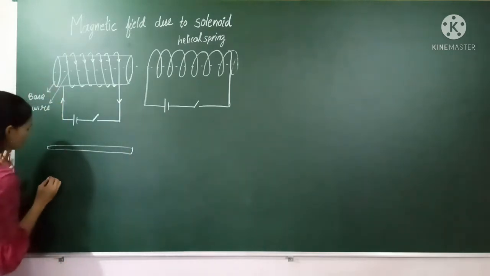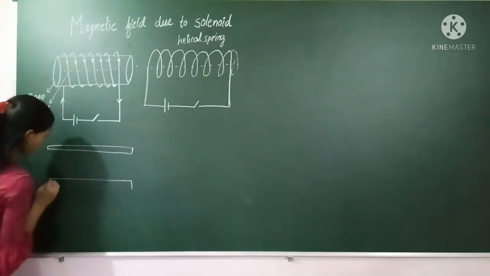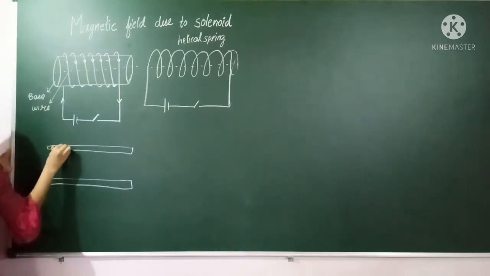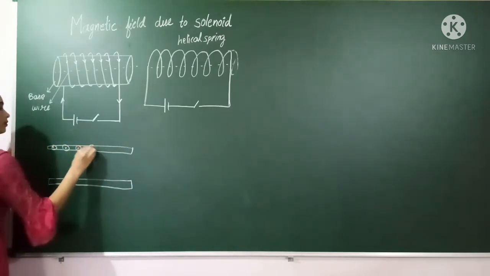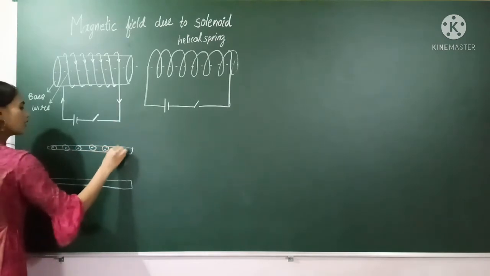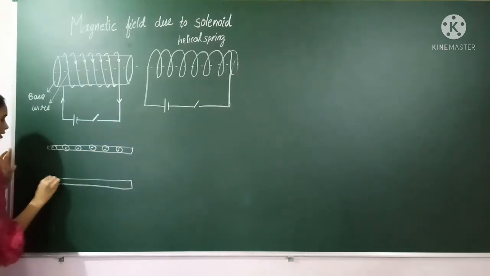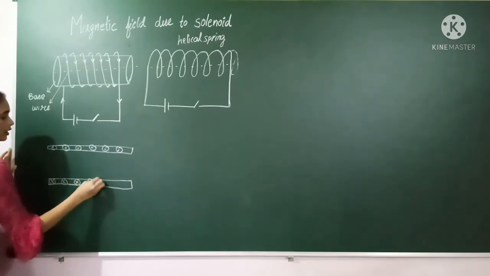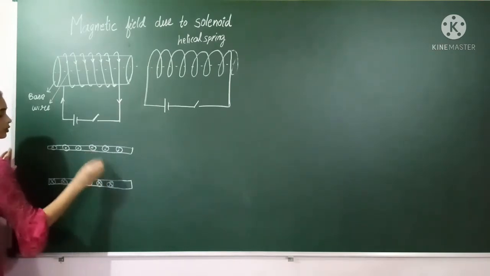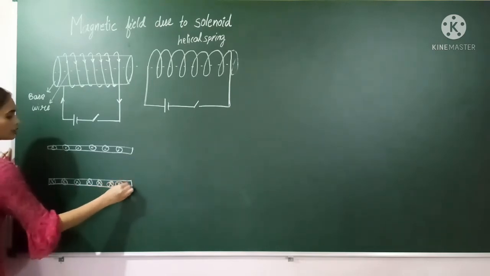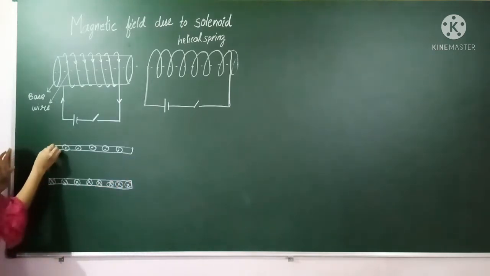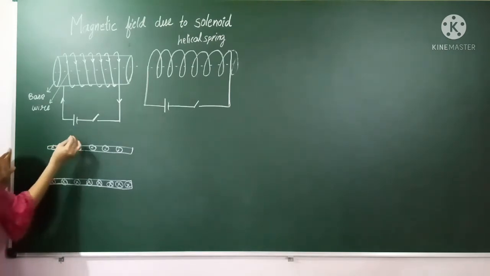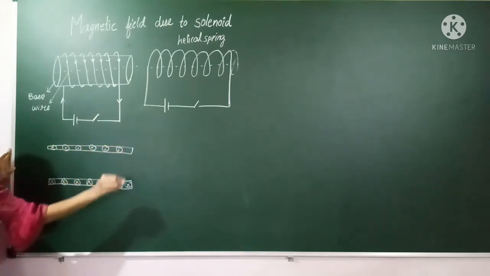Here I will show you how it actually is. It is called a two-dimensional image. Here the current is shown as a dot. Dot means current is coming outward. Cross means current is going inward. We have already studied this direction, no? Whenever a dot is shown, the current is coming outward, and a cross means the current is going inward. So like this, current is coming outward, going inward, coming outward, going inward. The coils are arranged like this.